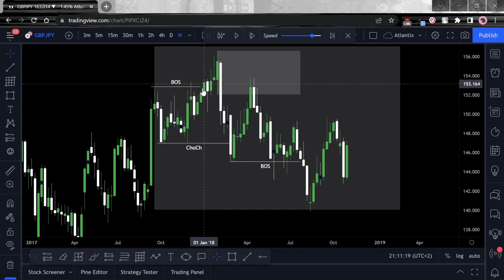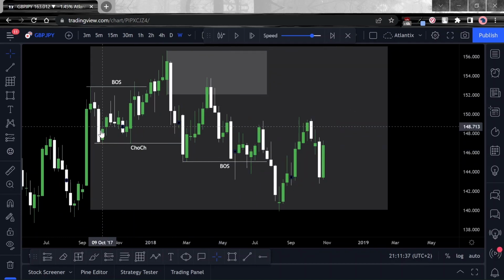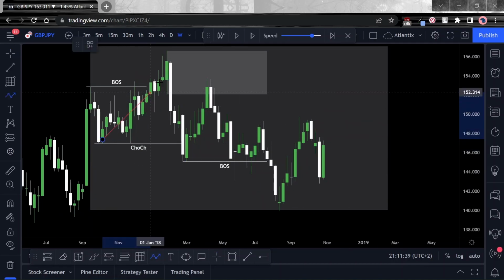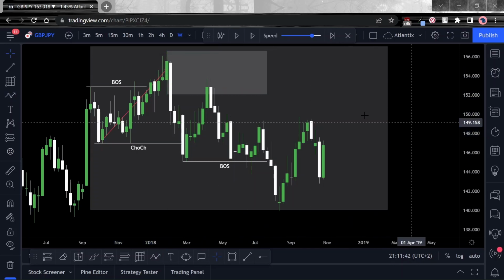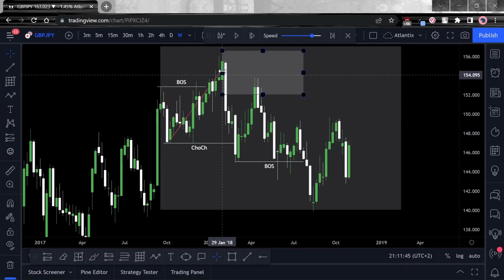Because for all we know, we might see price come in, give us a sigh, and break down, and then continue to go even lower. Those things do happen, right? And then for the change of character, in this case, we see price closing strongly below. Can you see how many candles this is? Just over here. So many candles, right? And then over here, with a strong break to the downside.